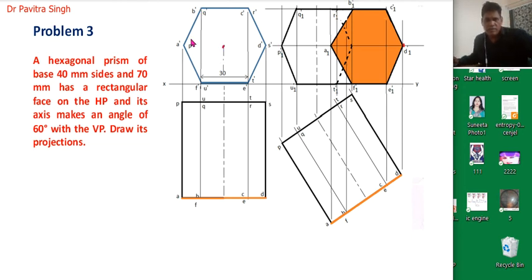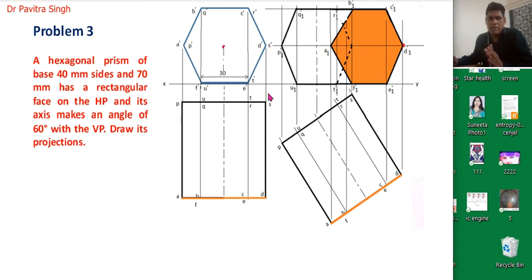Okay, so first we will try to draw this hexagonal surface. So suppose this line is lying on the horizontal plane, or this line is parallel to this horizontal plane, and this hexagonal plane has its axis perpendicular to the vertical plane. That's why we can see the top view as a rectangle